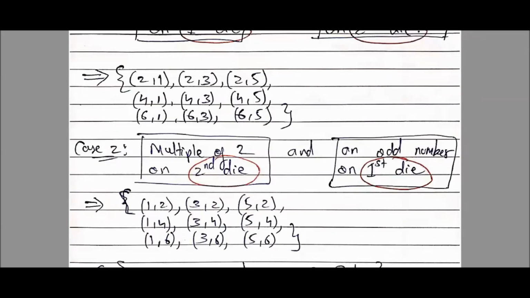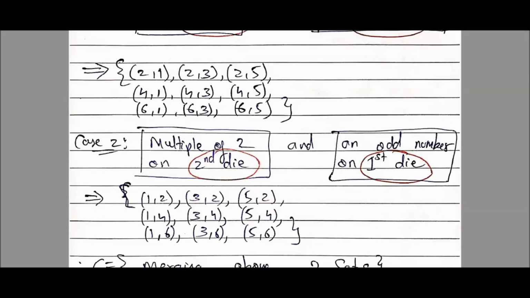See here students, all of you. Earlier it was 2 comma 1, so I wrote 1 comma 2. Here it was 2 comma 3, I wrote 3 comma 2. Just reverse it, 2 comma 5, so I wrote 5 comma 2. So automatically before the comma, the first die has odd numbers, and after the comma, multiples of 2, even numbers. 4 comma 1, see the cursor, 1 comma 4, 4 comma 3, 3 comma 4, 4 comma 5, 5 comma 4, and so on. And then let's merge all of them together.